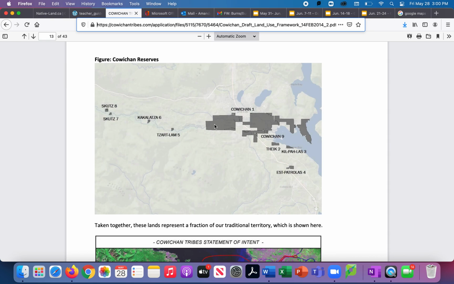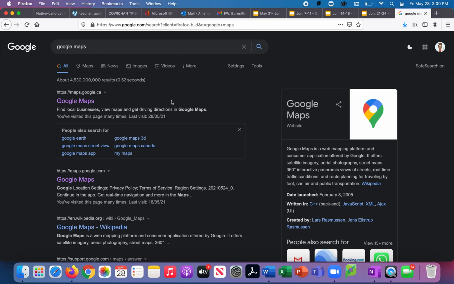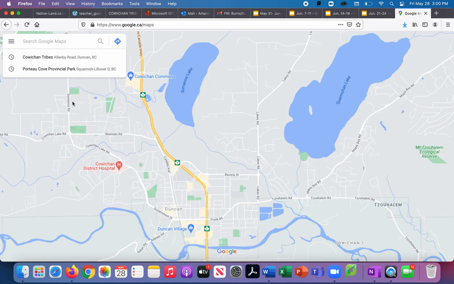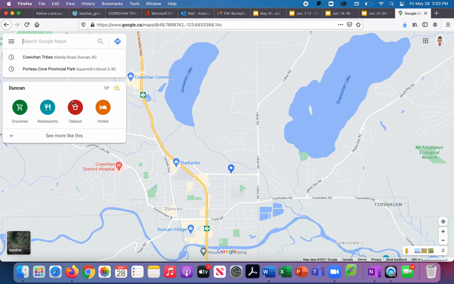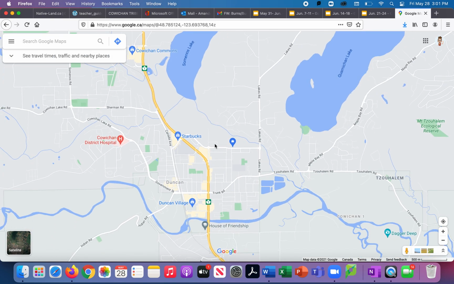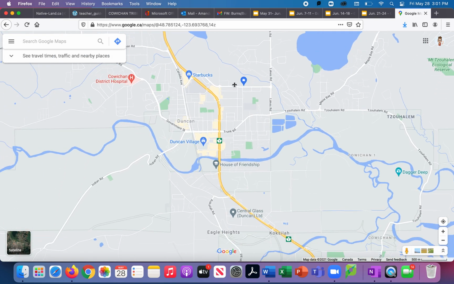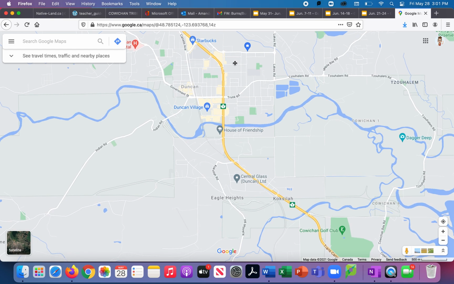Another kind of resource that you can also use if you need to is Google Maps. So just type in Google Maps, open it up, and it's always going to open up to where you're located. I'm at school, so it's going to open up into the map just like this. And I'm just going to move the map here a little bit. So what Google Maps shows